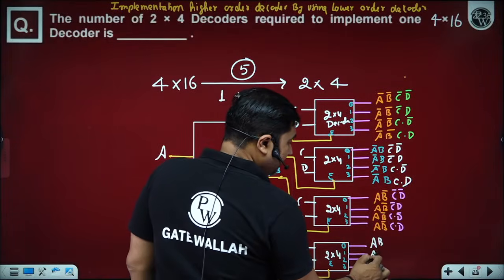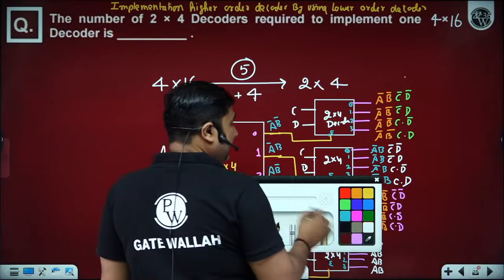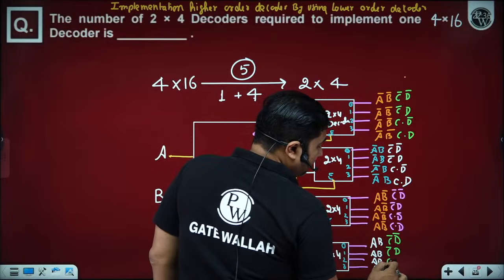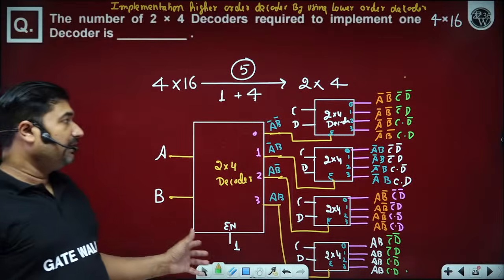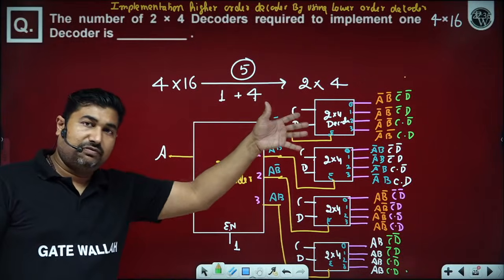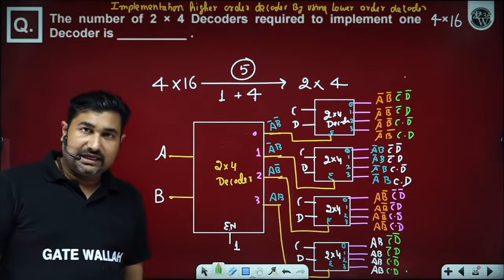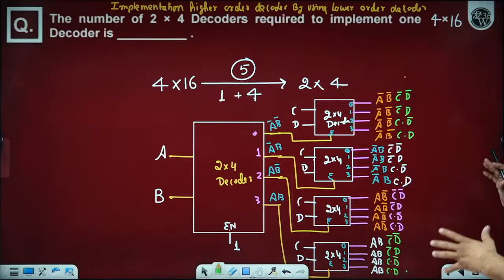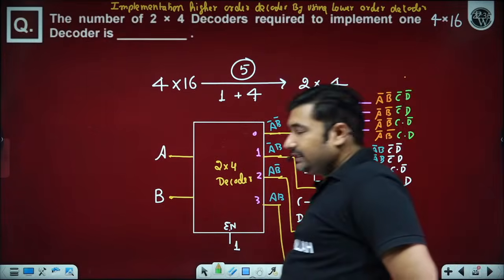We have AB connected to each of the pins, and depending upon the binary data applied to C and D, one of the output lines will become logic 1. So we have A, B, C, D, 4 inputs, and you can easily observe that from min term 0 to min term 15 I have represented in terms of A, B, C, D. So a 4 to 16 decoder we have made by using 2x4 decoders. Is it okay? Please let me know by writing in the comment section, beta ji.